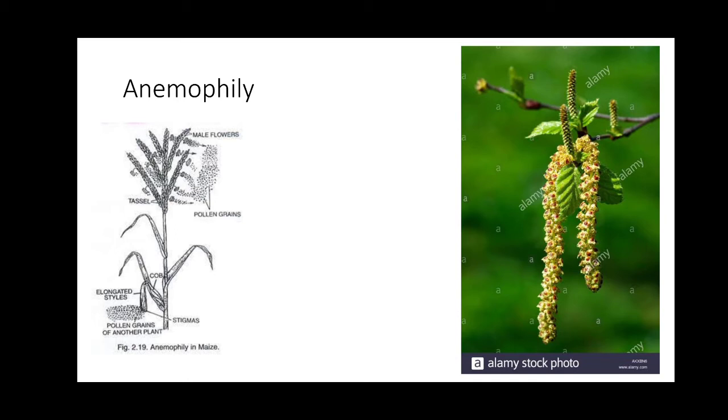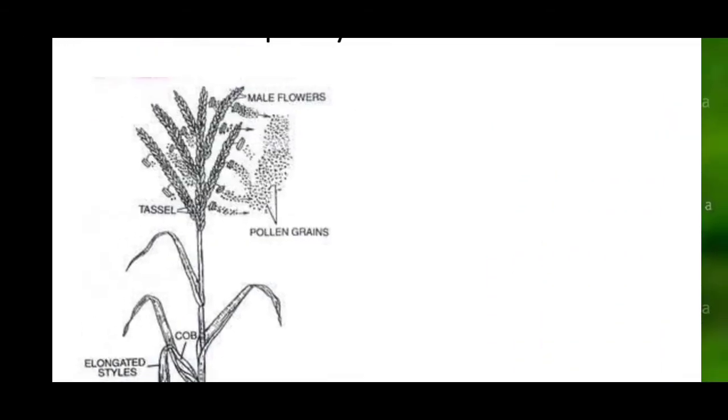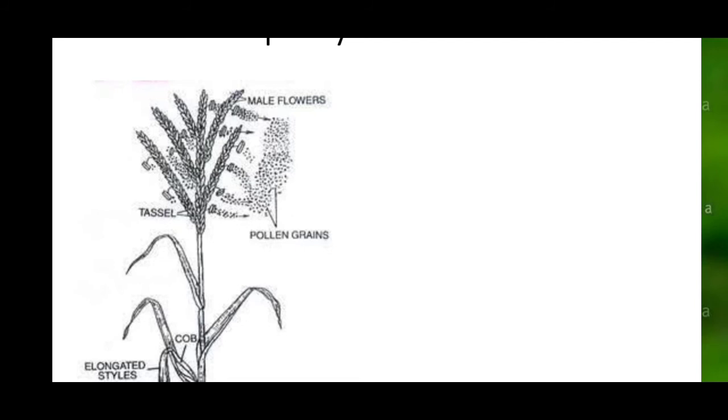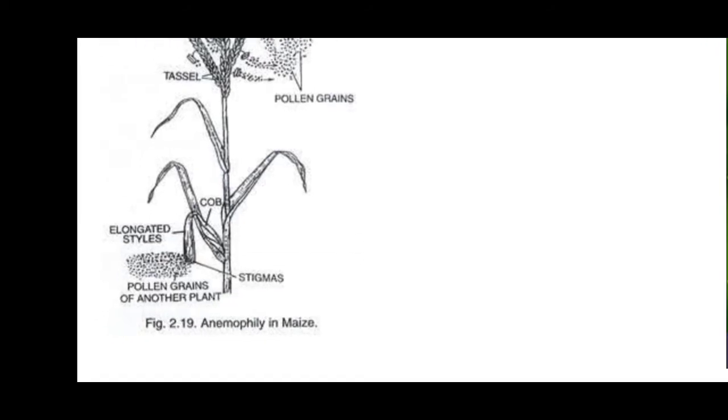So here is the image right here. You can see the image is of a maize plant. This maize plant is producing this particular flower, where the pollen is getting dispersed right here on the top. See right there, all the pollen is getting dispersed from the top, and definitely the wind is going to carry all of that. The tassels release all this pollen, it will be dispersed, and then there will be some female plant, or maybe the same plant may be carrying that.